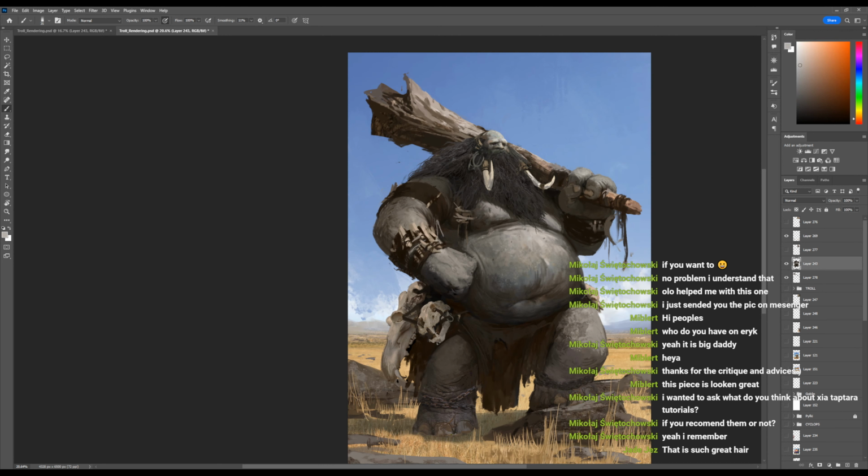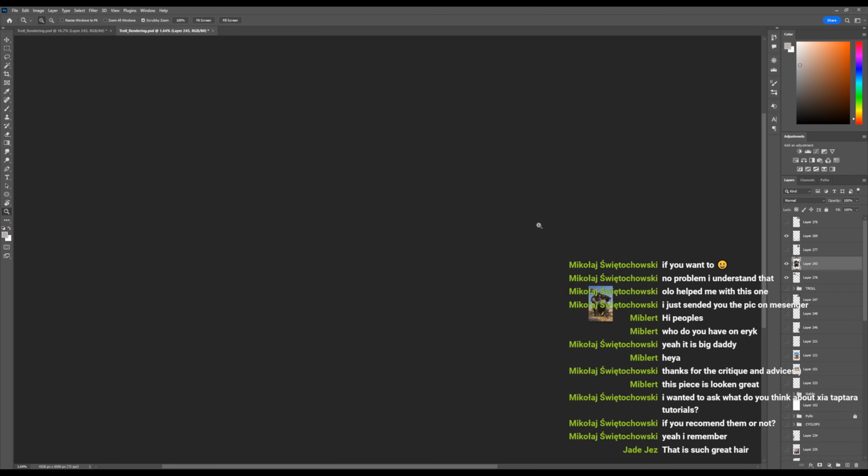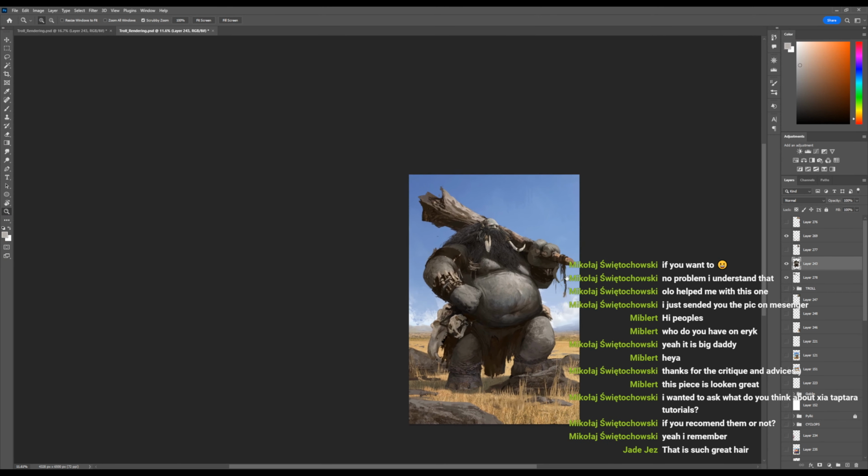Like just to push this contrast a bit more. See, I find it more comfortable working like this, right? Because I don't want to say it's washed out, because it's not washed out. It's got all of the information in it. But I feel more comfortable working that way because